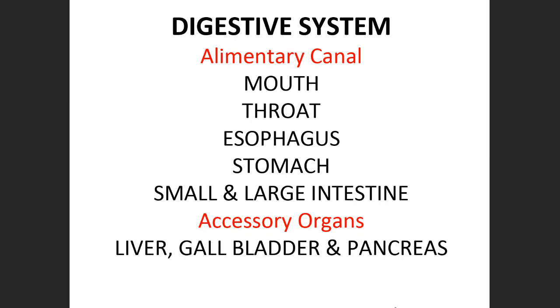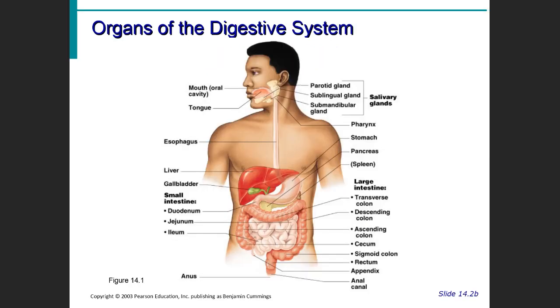Now the next slide will show you a little diagram of the actual system. And you can see the alimentary canal is basically the mouth, and then it goes through the tube of the esophagus and into your stomach, and then your small intestine and large intestine, and finally outside your body for the parts that you can't digest. This is the liver, and that's the gallbladder right there that stores the bile for you, that squeezes into your small intestine when needed. And then, of course, your pancreas is right here under your stomach, and that one is very important because it makes the digestive enzymes. Then we get to the next slide.